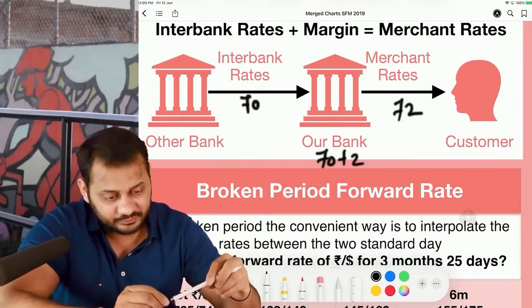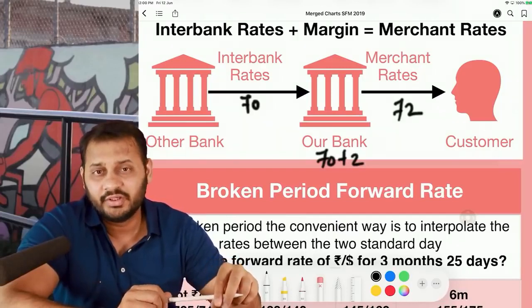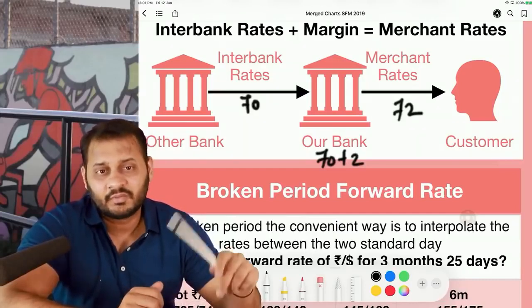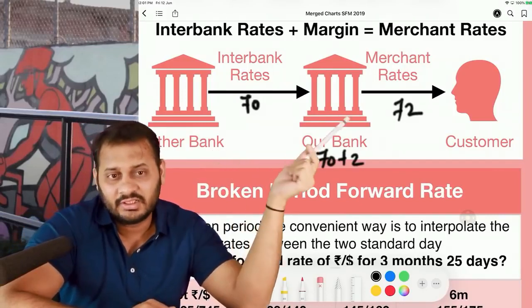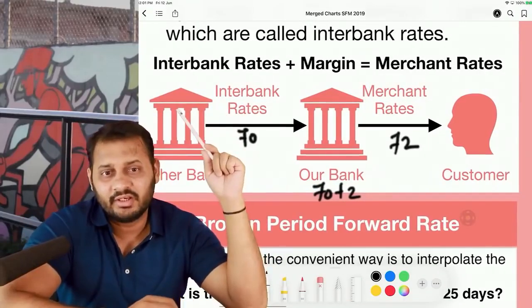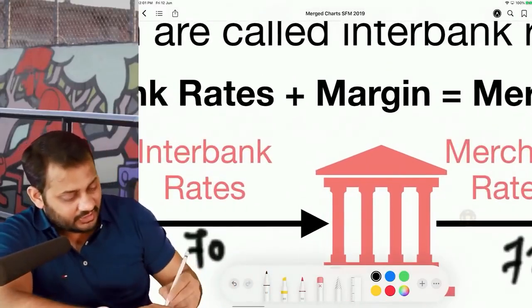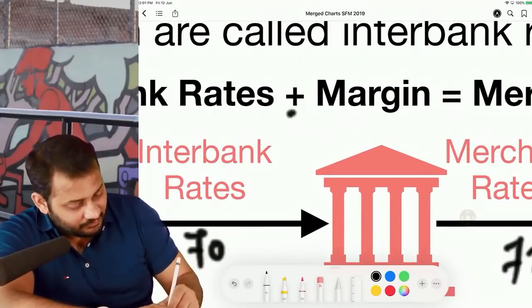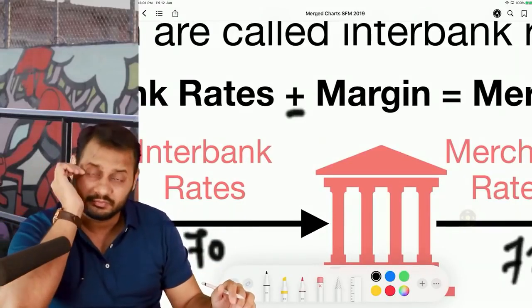My question is, in which rate should the margin be adjusted? Margin should be adjusted in interbank rates. Then it becomes the merchant rate. So interbank rate plus margin is equal to merchant rate. If you have the chart ready, please write down plus minus margin. Plus, below that write down margin. Why? Because